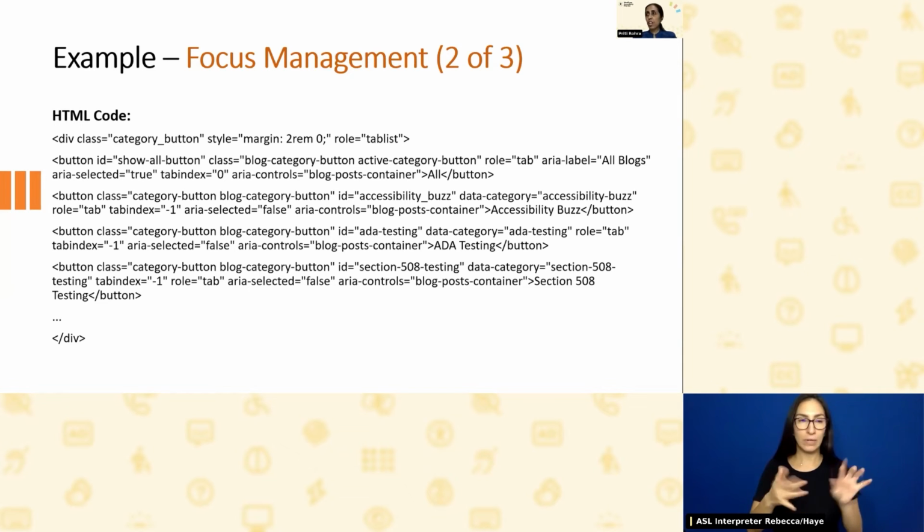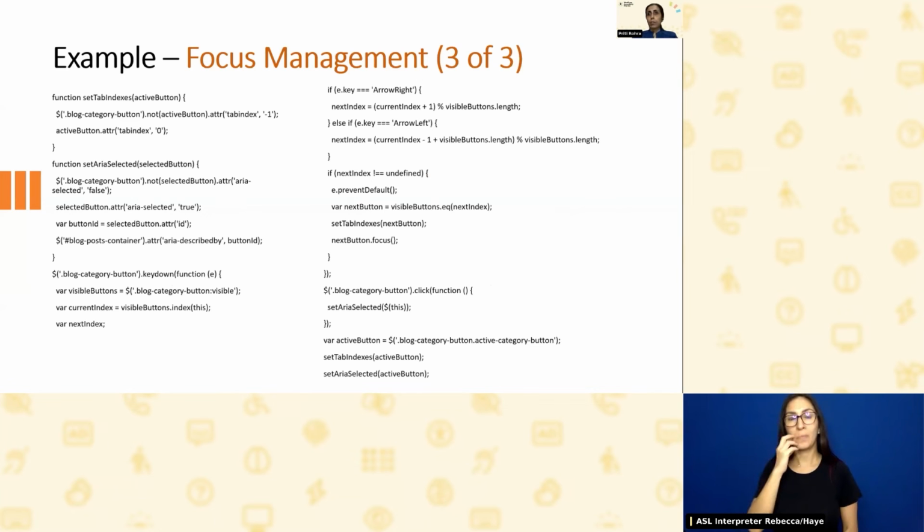In a horizontal tab implementation, we'd use the left and right arrow keys. In a vertical tab implementation, it will be up and down arrow keys. Now, it is very important that tabindex values from 0 to -1 are toggled between. And this is done with JavaScript and the roving tabindex method. So, as we can see in the JS code on the screen, the tabindex values are being toggled using the roving tabindex method.